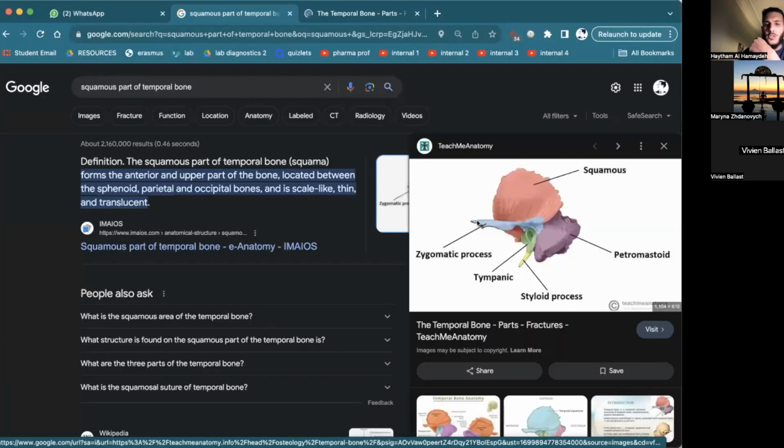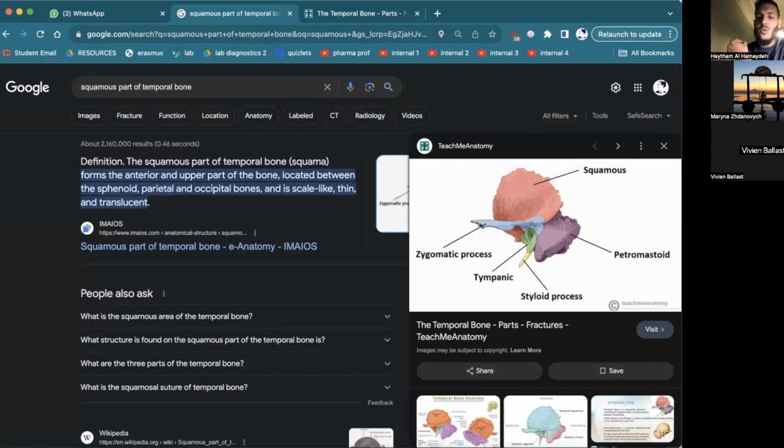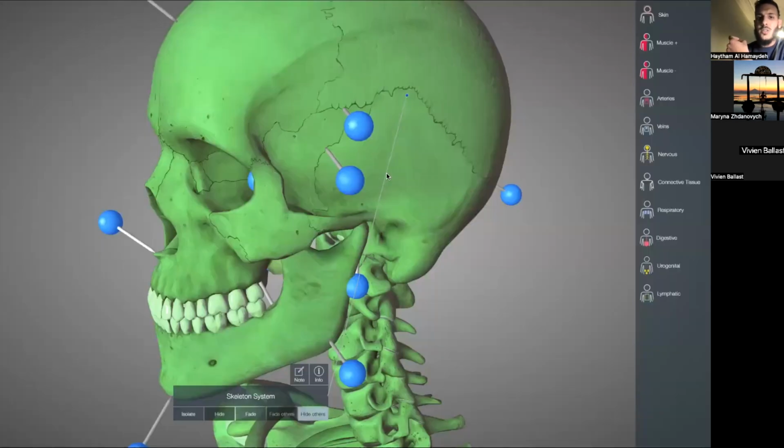Right there. Do you see my screen? Yes. Okay, so that's the squamous part of the temporal bone. If you take a snapshot of this in your head, and I switch my screen, that snapshot is this here. Now if I isolate this,